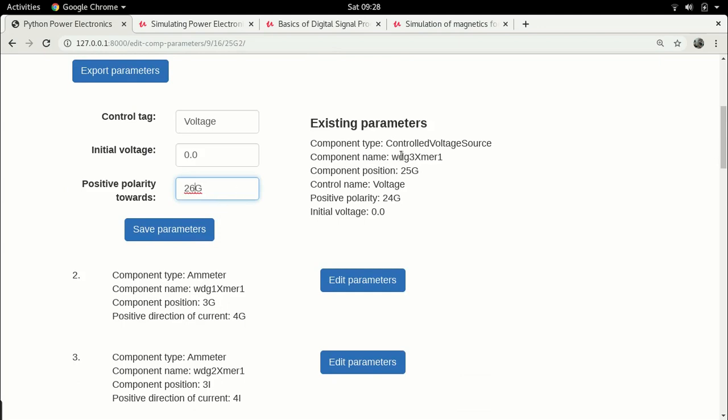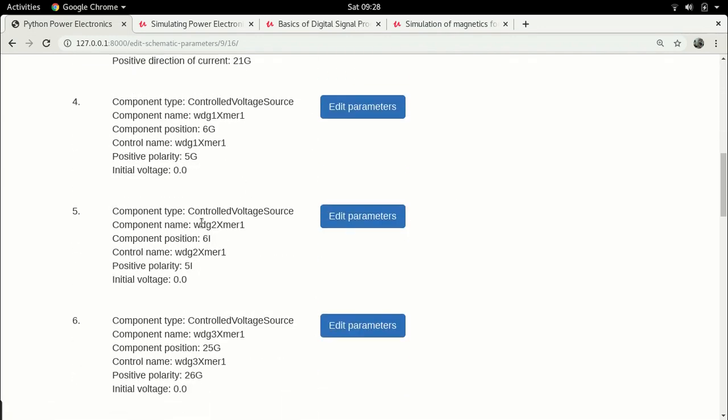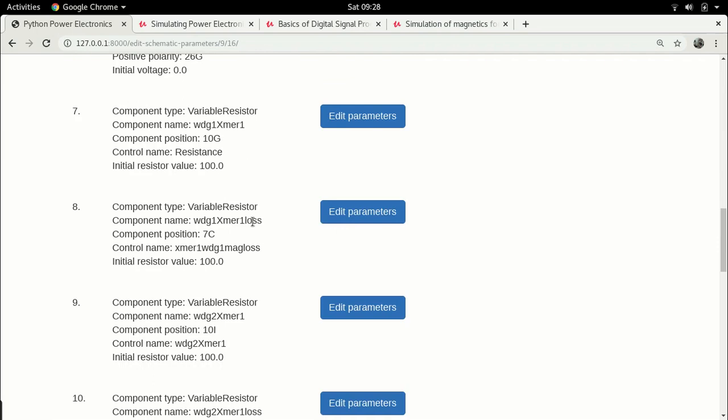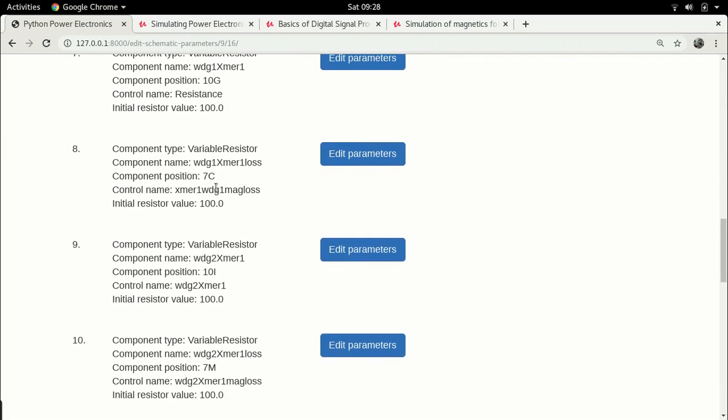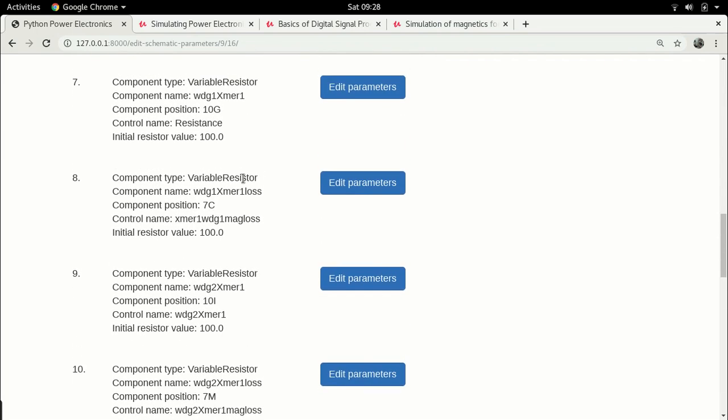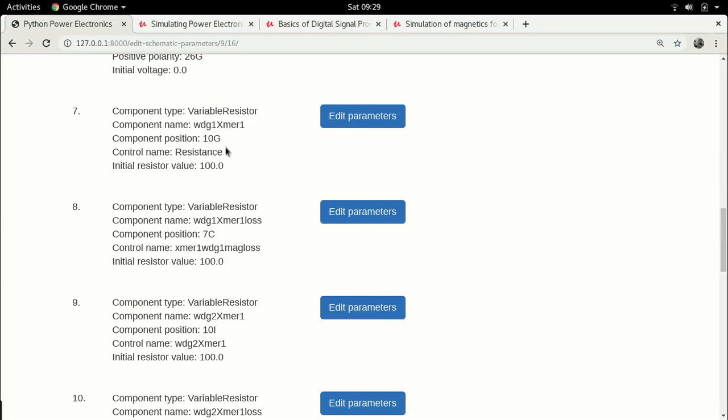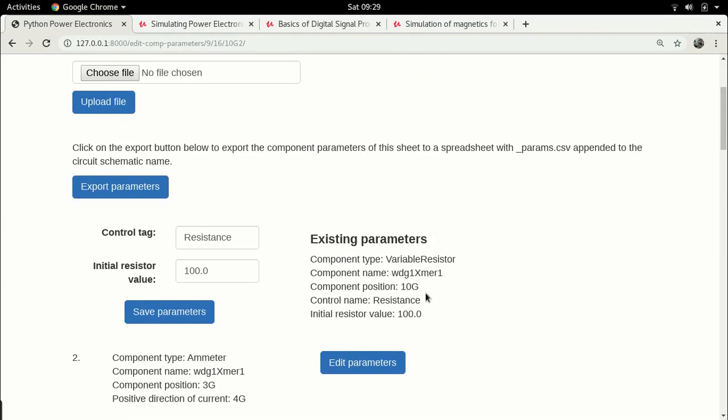It is 26, and here let's put the tag as this winding 3 transformer 1. So it is a unique tag. The variable resistor, these are variable resistor for 1. This needs to be changed because I changed the